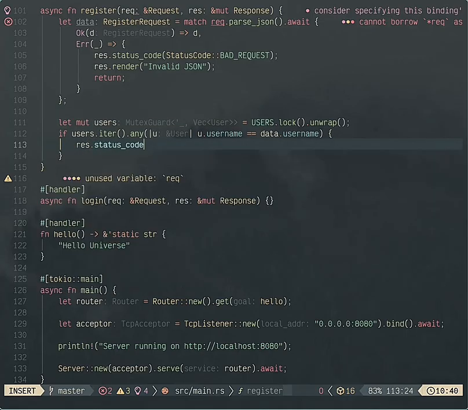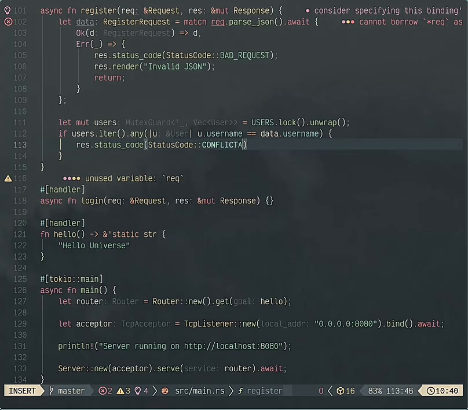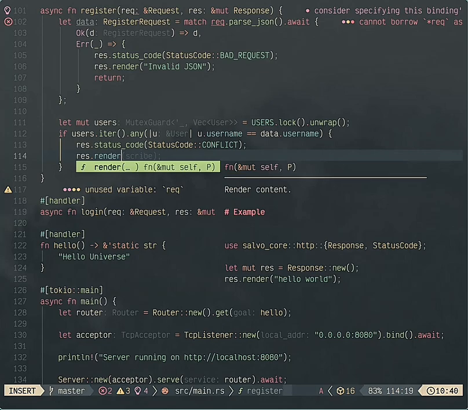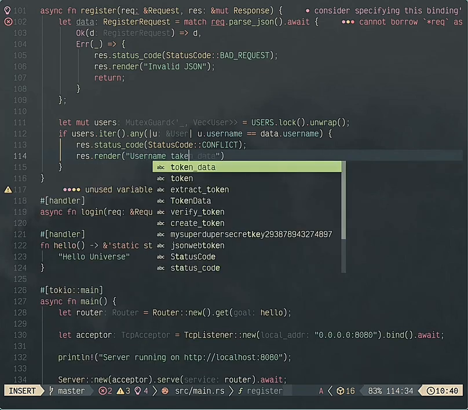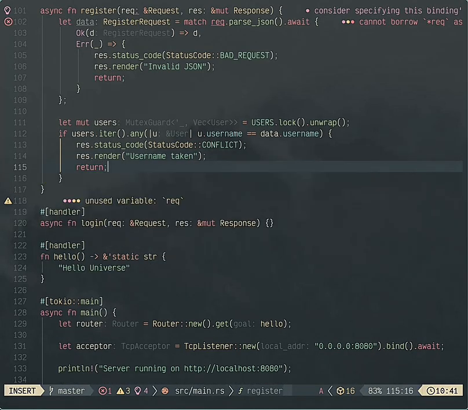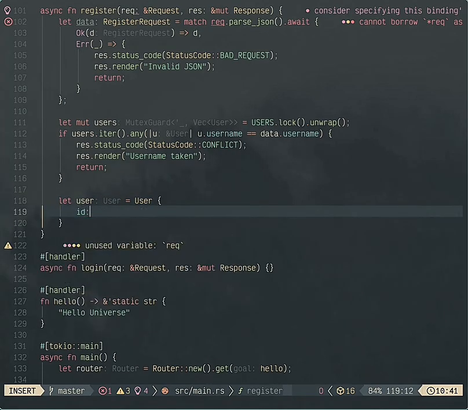we can just return a status code and say status code conflicts, and we can render username taken, then we can return. But if you are out of this check, we know that, okay, yes, the user doesn't exist, so we can just create the user, right? We can create the user